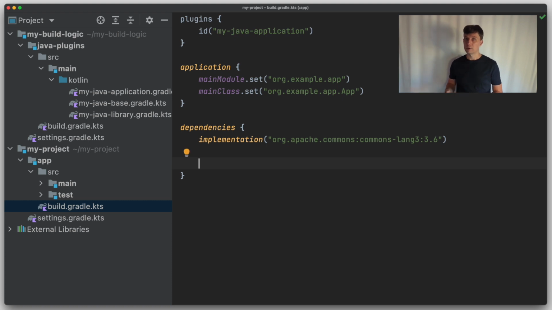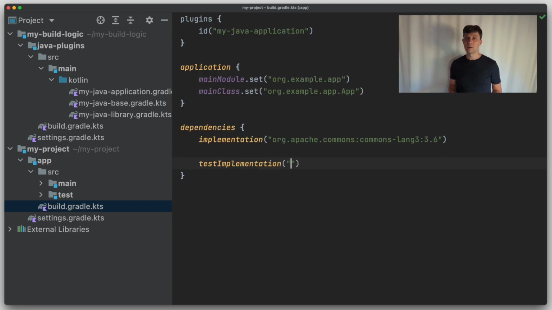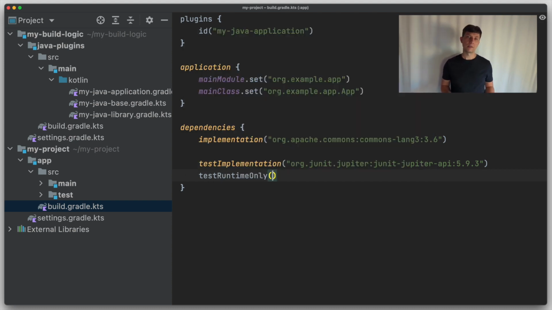And as there are several class paths in one project, there are also several variations of these scopes, as you can see here when you declare a dependency to some module. For tests, we would, for example, use the testImplementation dependency to get access to the JUnit 5 API and a dependency to the JUnit engine, which is only needed at runtime to execute the tests.